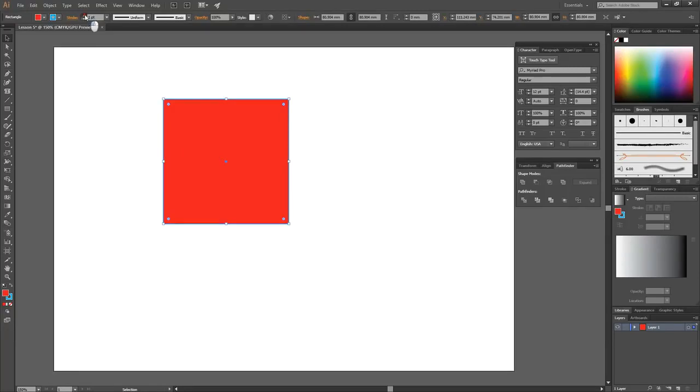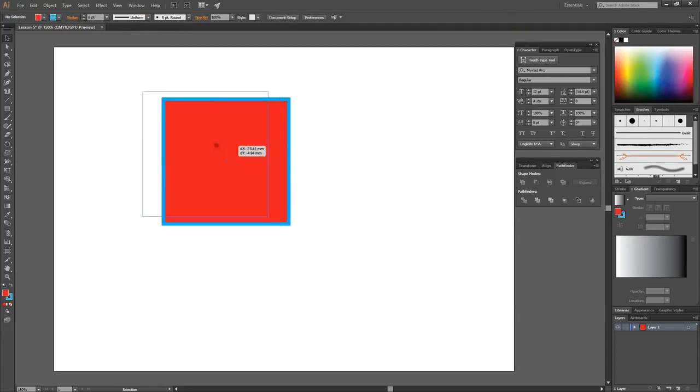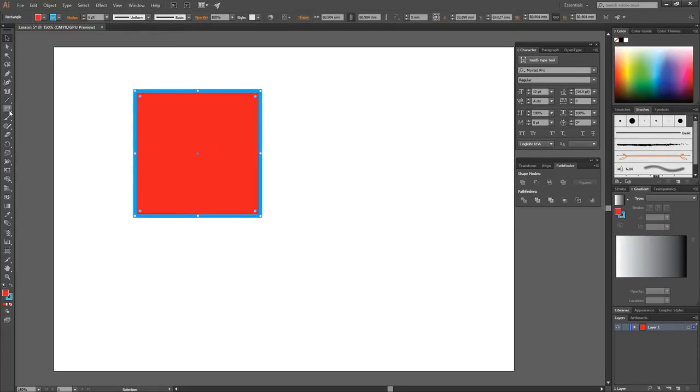I can actually increase my stroke by clicking on my stroke points there, make it nice and thick if that is what I want. I can even change the type of stroke. I'm just going to go with uniform for today, guys. That's me drawing a basic square. Okay, I'm now going to draw a basic circle. So again, under my ellipse tool,